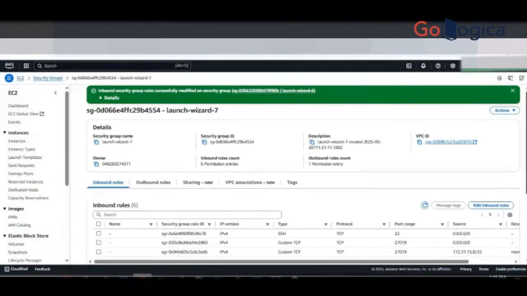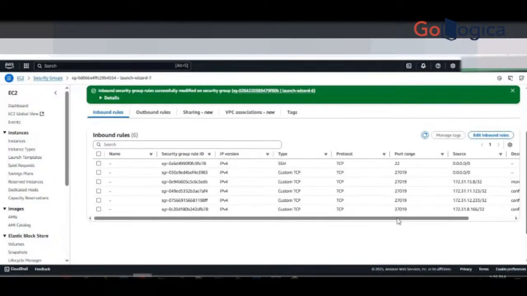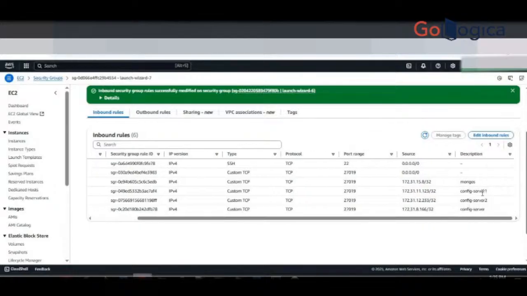So I have mentioned, if you go down, all the config servers 1 and 2 will have access on 27019, so that I can configure the replica set. Normally in a replica set, I will have 27017, right? From each EC2 instance, I will whitelist for the 3-node cluster. Same like that, here I have configured